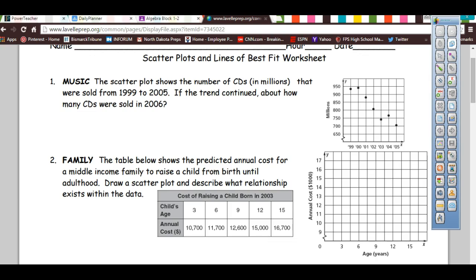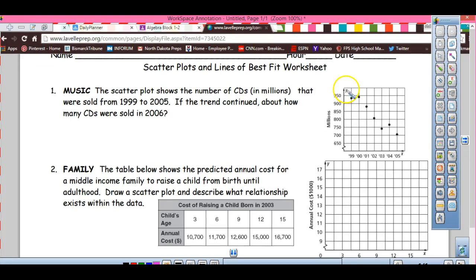In number 1, it says that the scatter plot shows the number of CDs in millions that were sold from 99 to 2005. If the trend continued, about how many CDs were sold in 2006? So if we make our trend line, if we're to draw this between all of our points, it goes down to about right here, right? If this is 2005, this would be 2006, right? So about how many CDs would be sold in 2006? About,